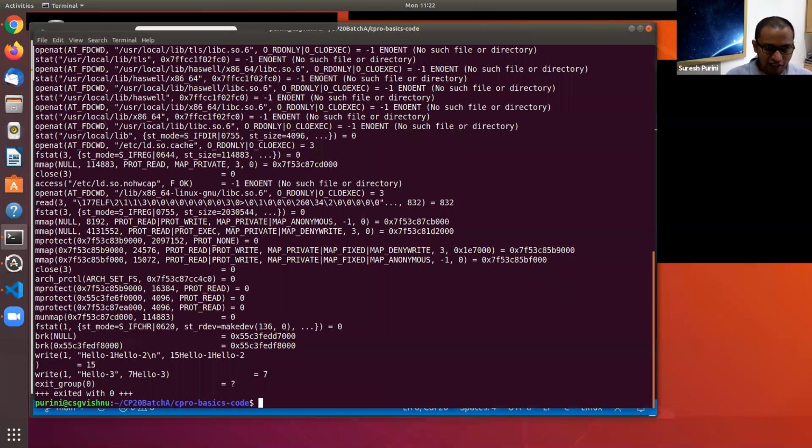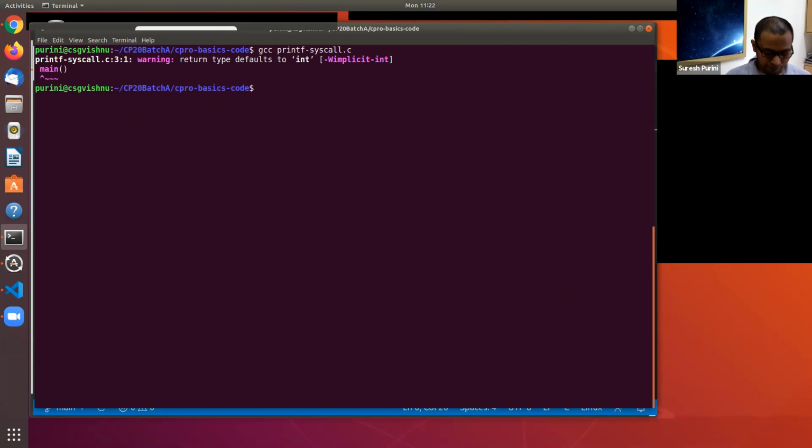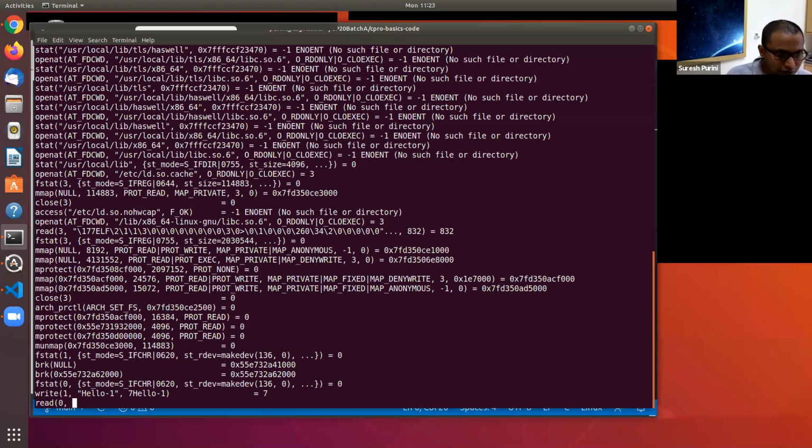Okay, so let's see if that happens. Yeah, you can see now the write system call is called because of the scanf statement here. We are forcing the printf statement to put hello one on the screen.